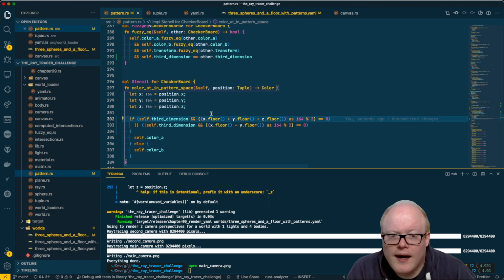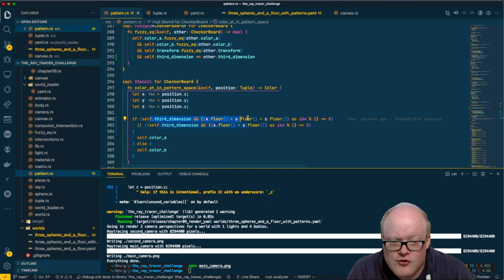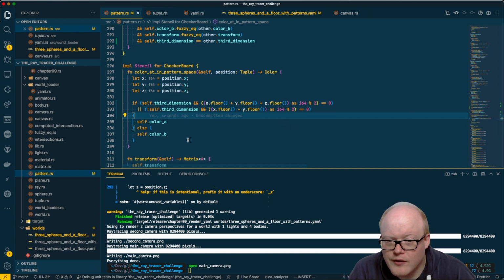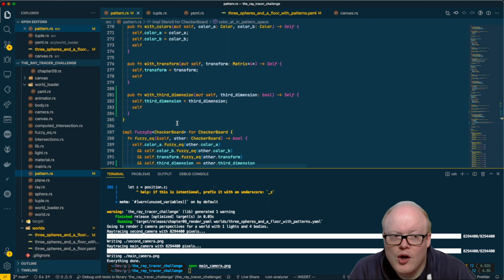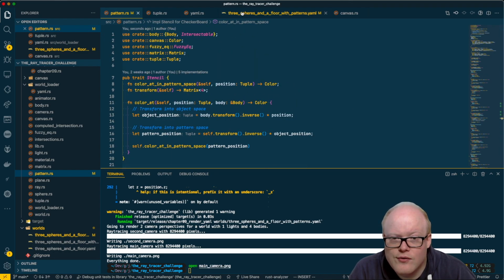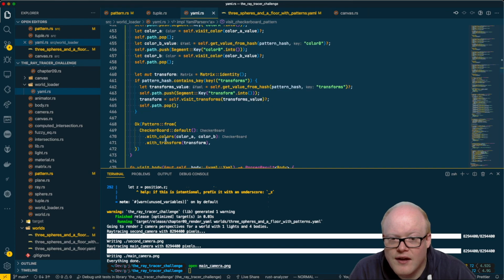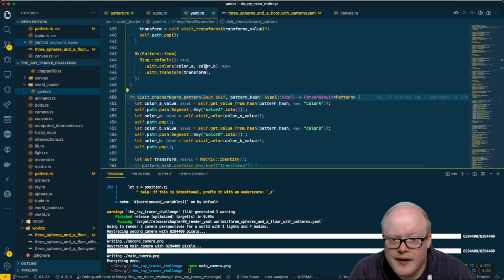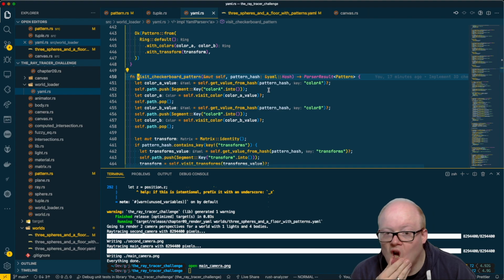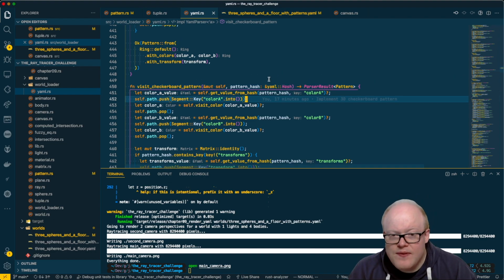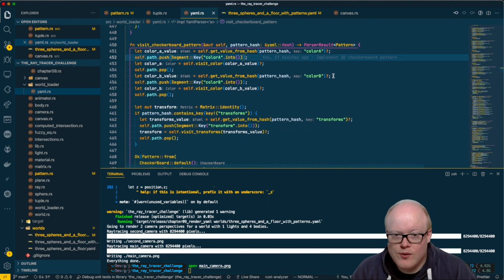So if the third dimension is set, we are comparing all, and if the third dimension is not set, then we are only checking x and y. Okay, so this should actually work. Now we need a way to define this. So our YAML parser now needs to read this, I guess. So when we are visiting our checkerboard pattern, let's see, we should